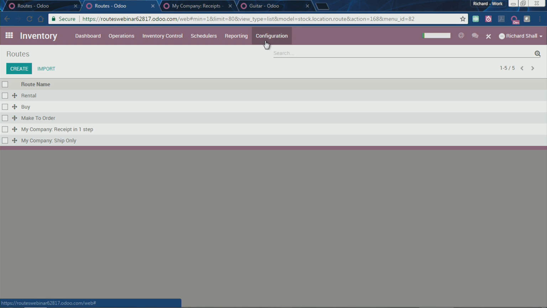Let's go back. So that's an example of how you can manage complex routings. The way I envision or can explain a push rule in a different way is the moment a product is entering that location, a new rule is generated. Right now we have a receipt in one step enabled as a good example of how you can actually have rules upon rules and act at the same time. For instance, if I go to my configuration and main warehouse,